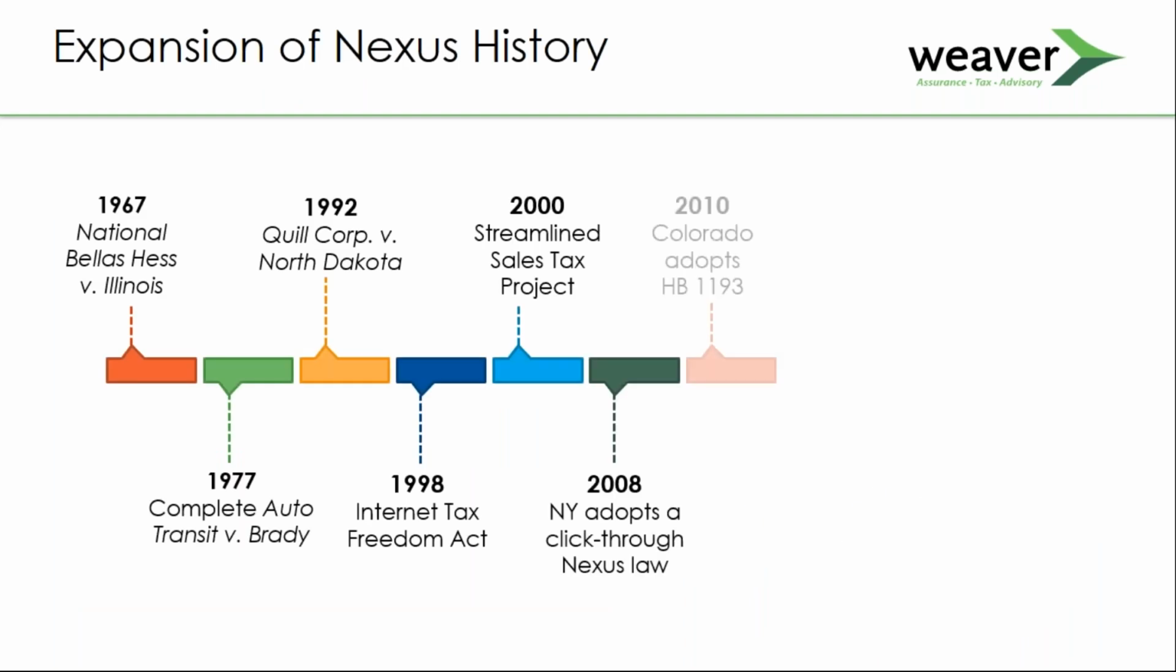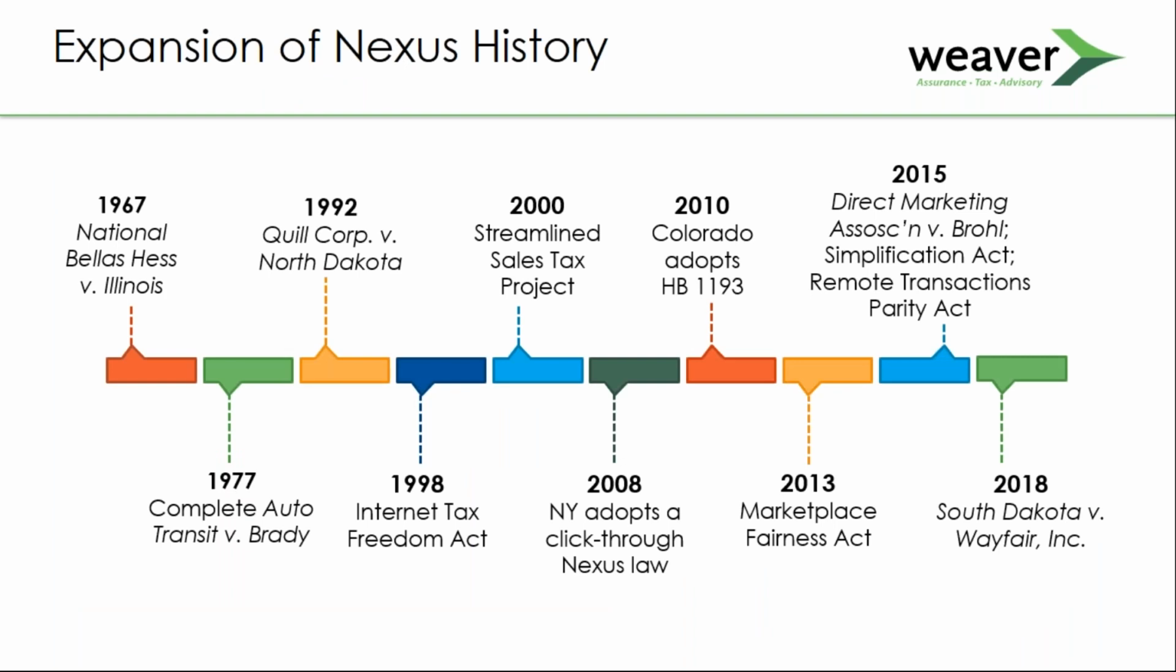I know Colorado in 2010 passed a law, House Bill 1193, which was brought up through the Direct Marketing Association v. Brohl, which ended up as a Supreme Court case that affirmed expansion of the Colorado reporting rule. I think the argument was December 8th of 2014, and a few months later, March of 2015, the Supreme Court issued its decision and affirmed that the reporting rule was okay. I think in the judgment, this is important, it was 9-0,